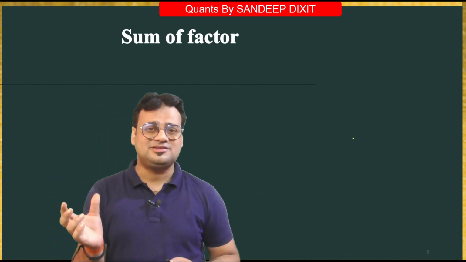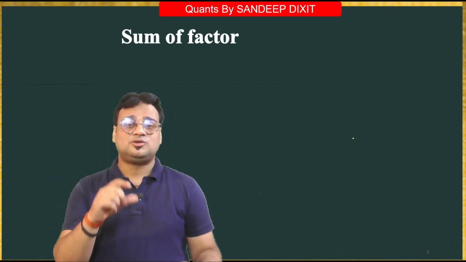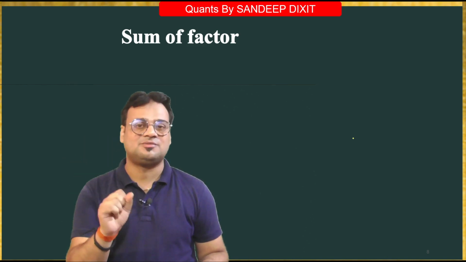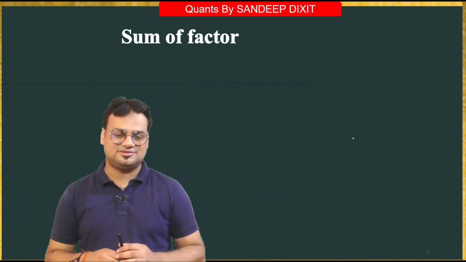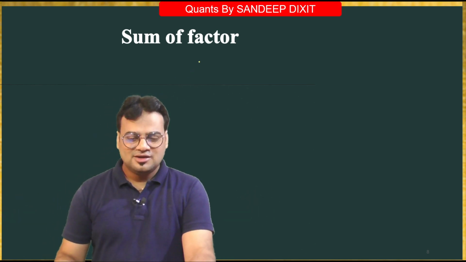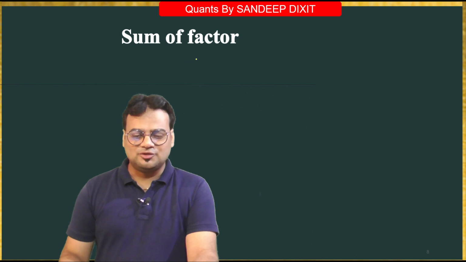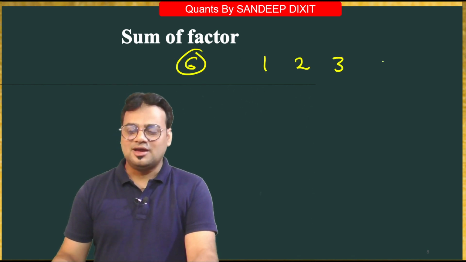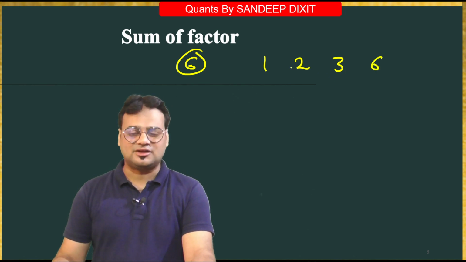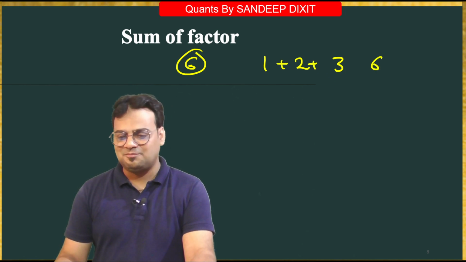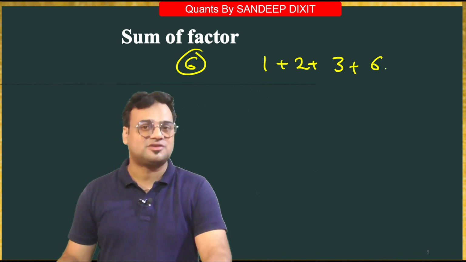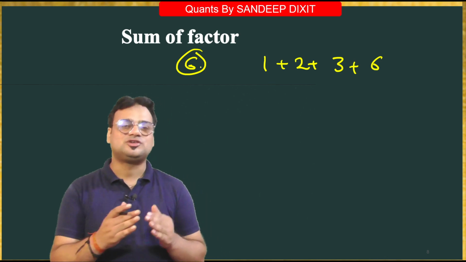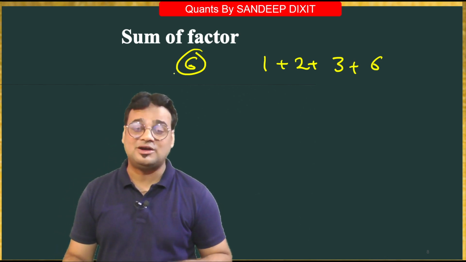Here the same questions arise: total number of factors, total sum of factors, sum of even factors, sum of odd factors. Sum of factors, let us take examples. Suppose we take 6. The factors of 6 are 1, 2, 3 and 6, and the sum is 1 plus 2 plus 3 plus 6. That's a simple example, but if a question arises like 72 or 720, that type of question,